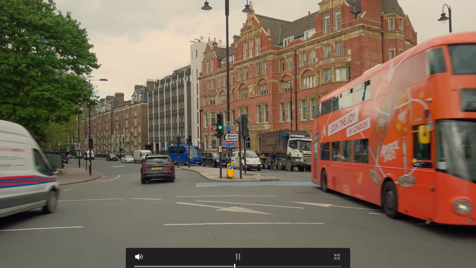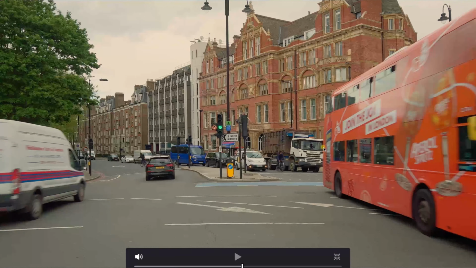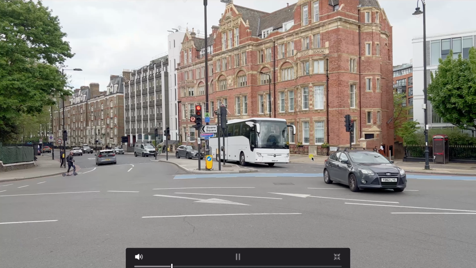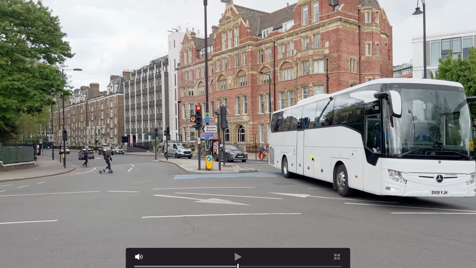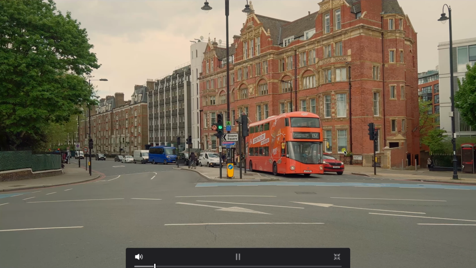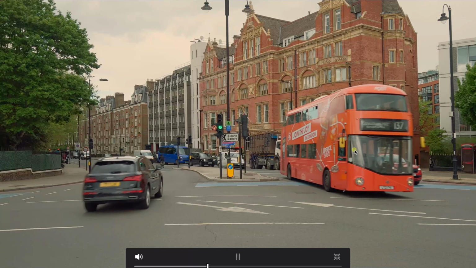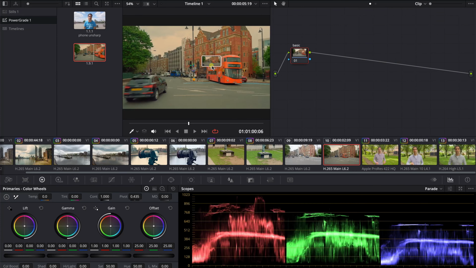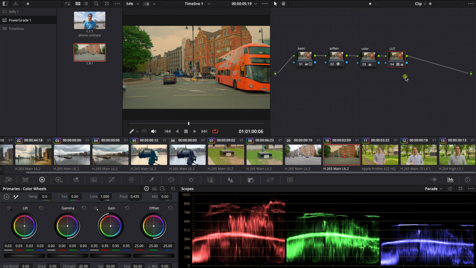This was shot with an ND, and you can clearly see that if I was to show you the footage from an iPhone with no ND, look how much sharper everything looks. It's almost upsetting to the eye. Whereas the footage that is with an ND is much more gentle and pleasant to look at. And all I need to do now is come to the gallery, drag my node, and bingo, that's looking very good. You might say, well, that's a bit too colorful on the lookup table.